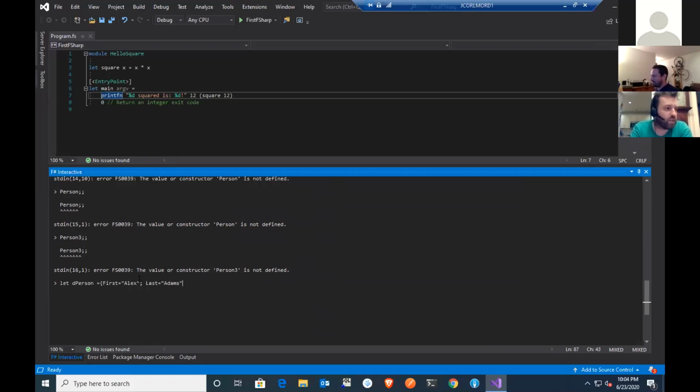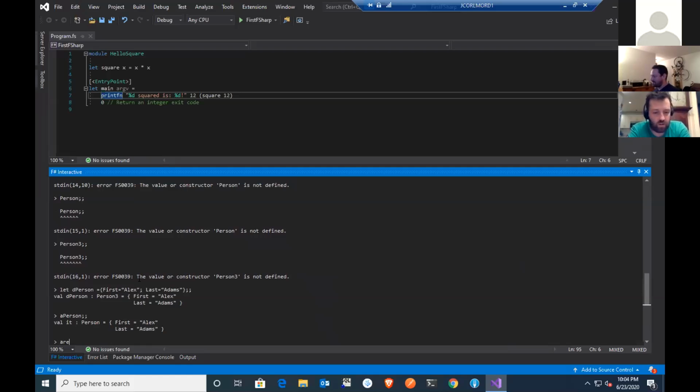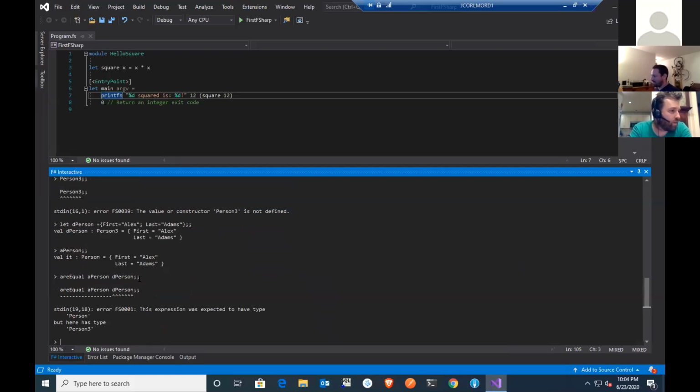Yeah, I imagine it's going to work just because it's in a different value, let's call it. Okay, so it's a person three. All right. And let's do R equal a person, B person. R equal. Oh yeah, that's a good one. So now I have two different types, but they have the exact same